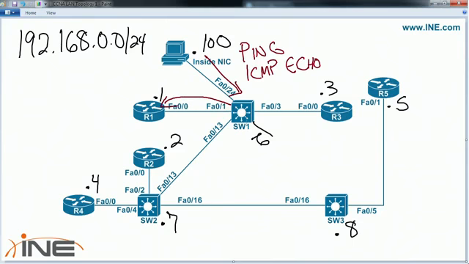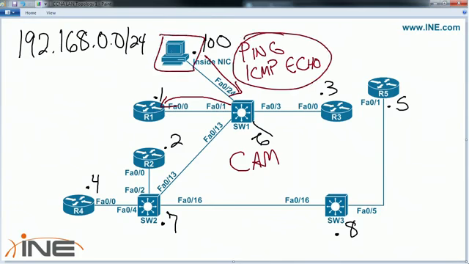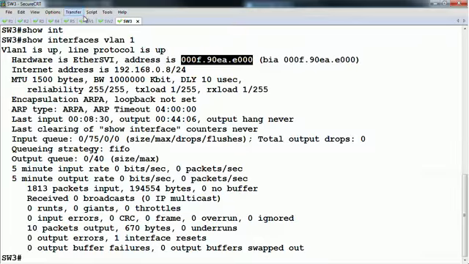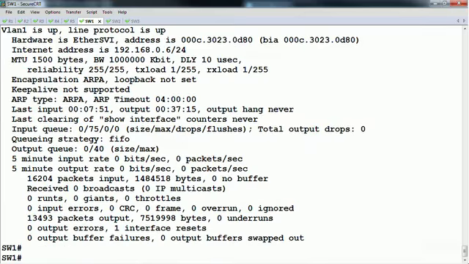It looks in that local table, which is called the CAM table, the content addressable memory, and it does a lookup and says, what's the MAC address that's inside this packet? The host to begin with is going to know what the MAC address of router 1 is. So it looks at the destination inside the layer 2 Ethernet header and figures out what port that's located on. And on the switch, if we look at the show